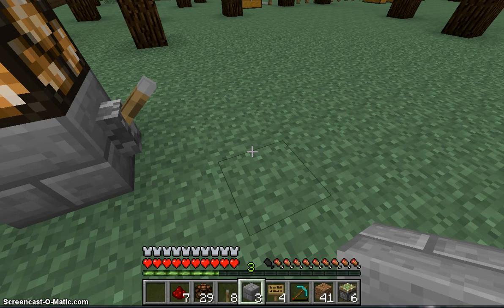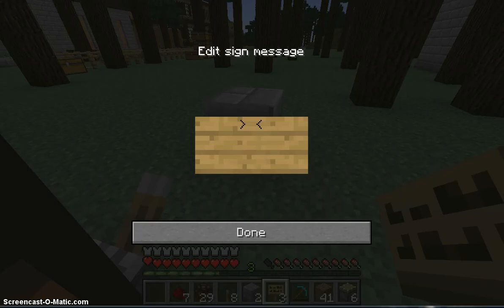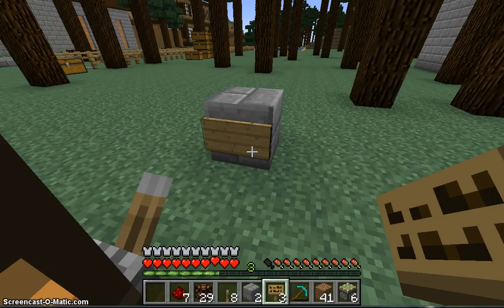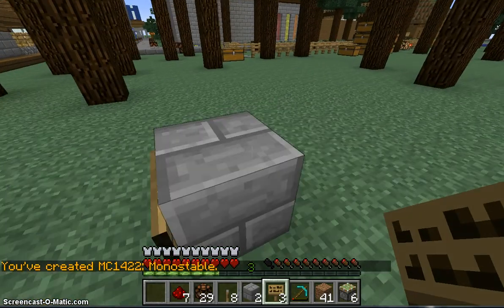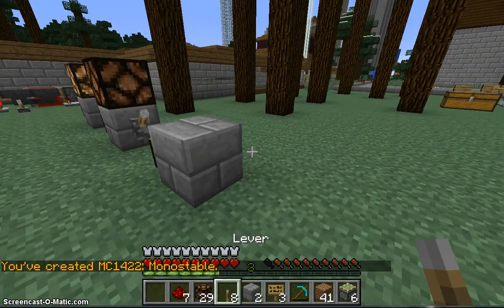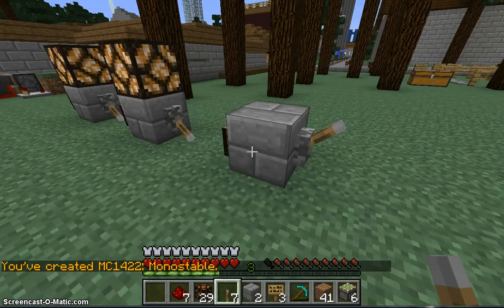Again, you have the lever, another air block, and then again place a block. Place a sign on the block, and on the second line type MC1422 within the brackets and an S outside of it. And on the bottom line 50H. This is the Craftbook monostable circuit, and I will explain more about this in a future